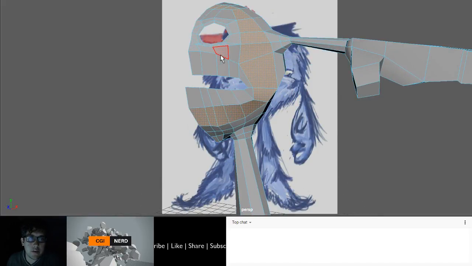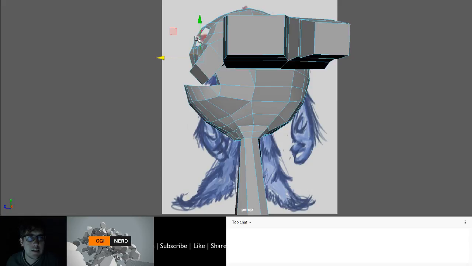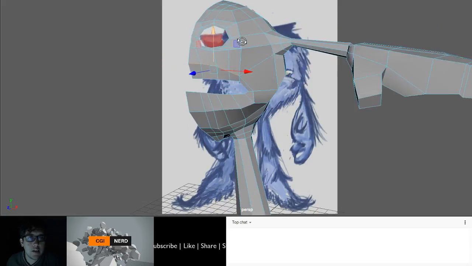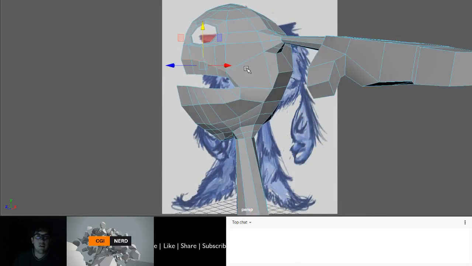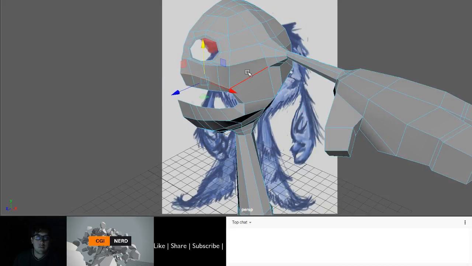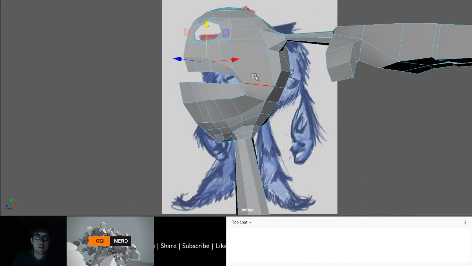I do want to add an extra loop here, so let's go in, oops, not faces, but edges, and select these edges here. Give us a little bit more space. And what I'm going to do is over here it's looking better, over here it's looking a little bit stretched. I want to add another one, but this will allow me to do the edge loop for the nose that comes right up above the nose. So if I delete these two faces here,